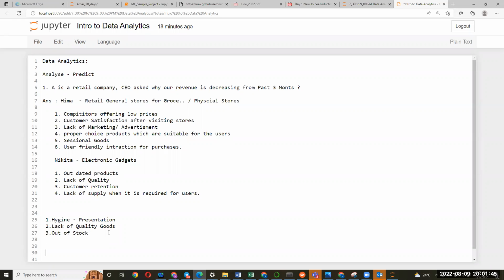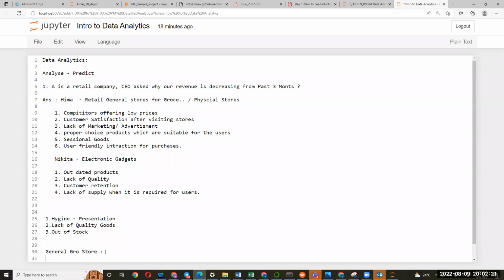What is your flow? For example, I have one grocery store. Where does it start? You can think like that. You are the boss of that particular store. What will you do? It starts from the basic needs, like what the general groceries in that store are. Definitely. We'll go with that specific flow.